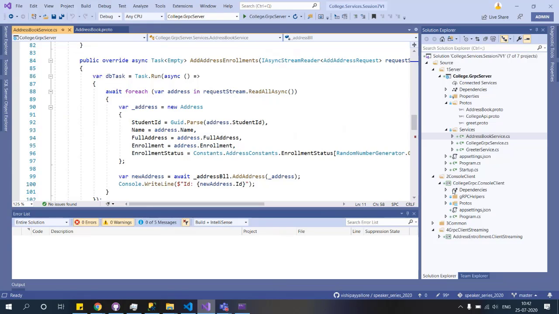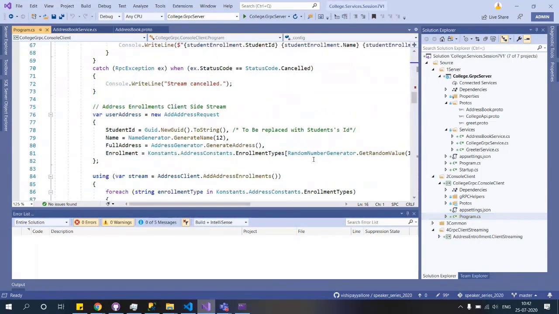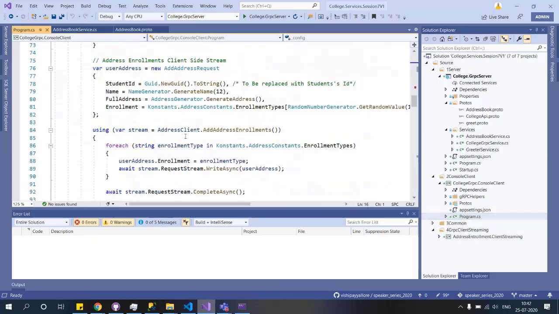From the client, we open the stream, as we have seen in the code. When the client calls, we create the stream, and then we traverse through it and write into the